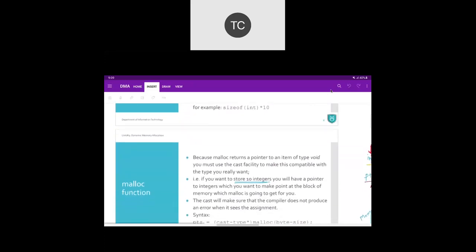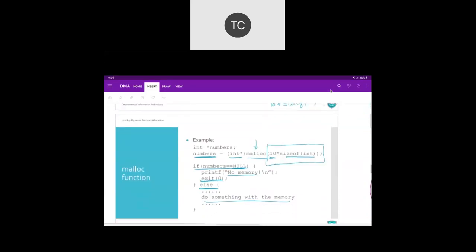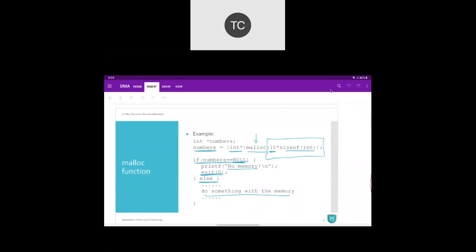We have seen a few examples and how we can use those functions and syntaxes also. So how do we use malloc? Call the malloc function, and in the brackets, pass the total number of bytes that you require. If you want to store integer values and there are a total of 10 integer values, then you'll say 10 multiplied by sizeof int.